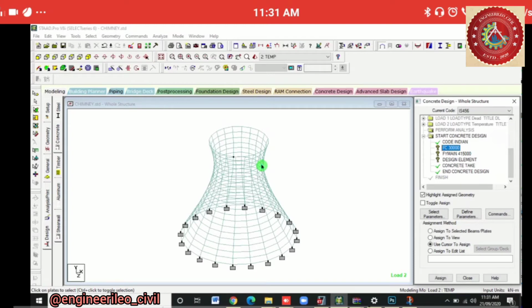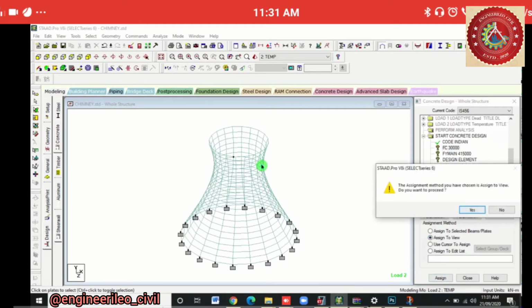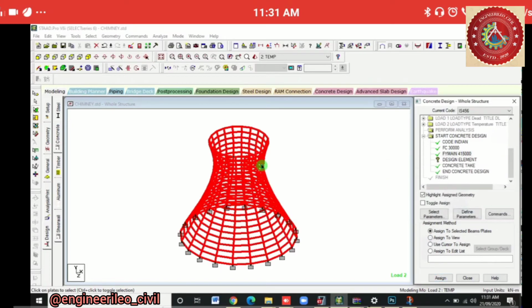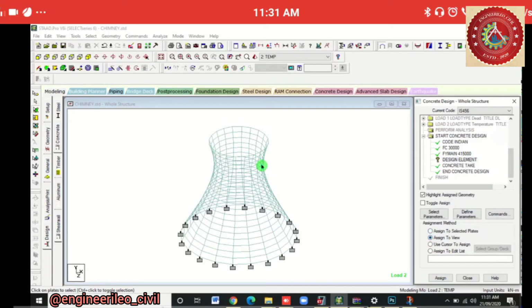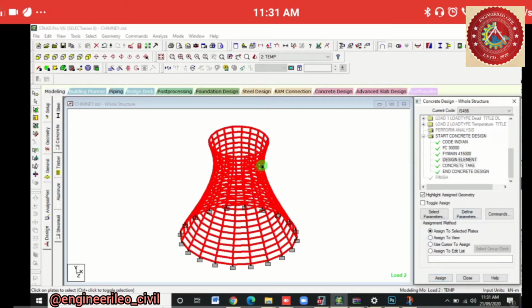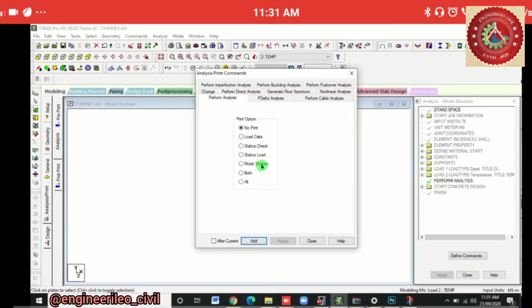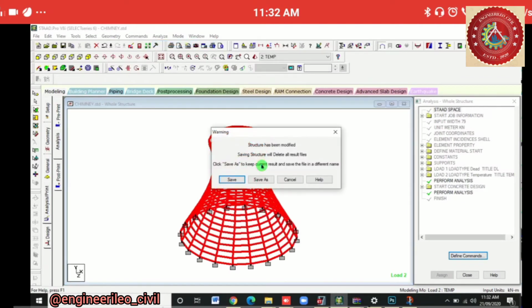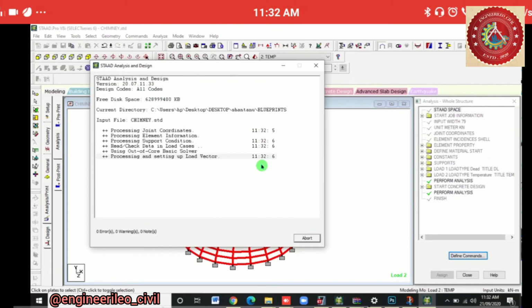So we'll assign all these properties and assign to view, assign yes, then 415 assign to view, assign yes, design element assign to view, assign yes, and then again we'll analysis and print, add, close, and analysis, run analysis, save the model.